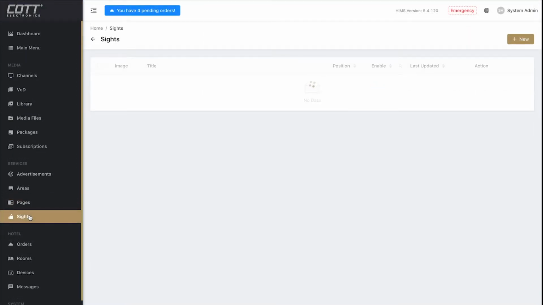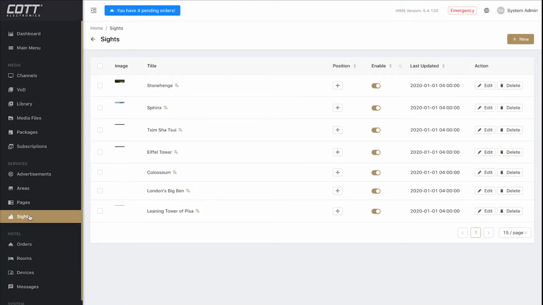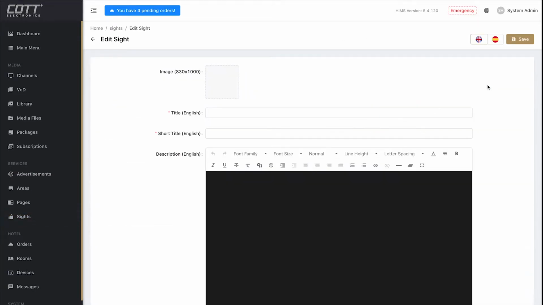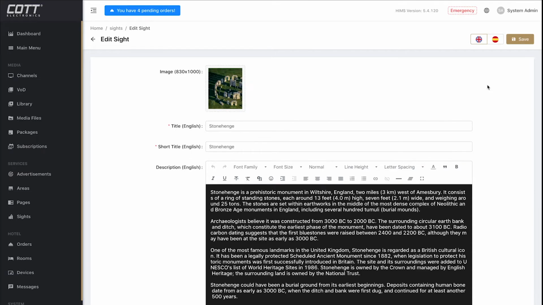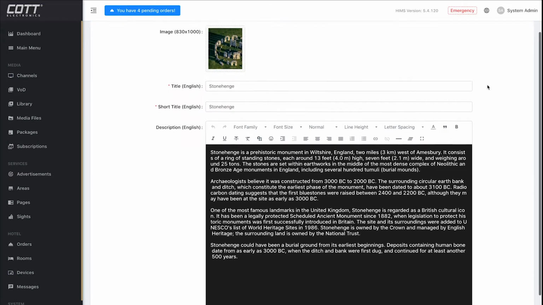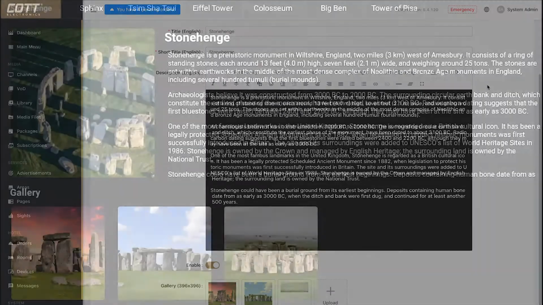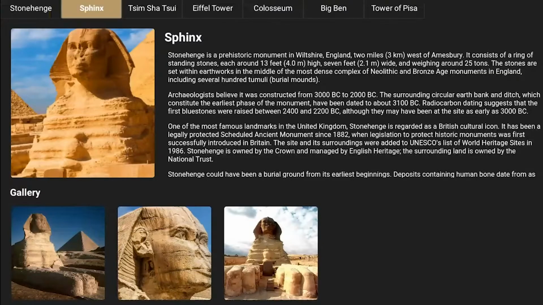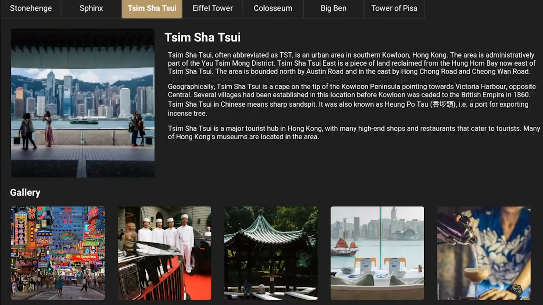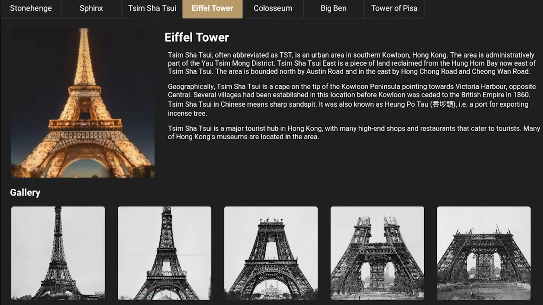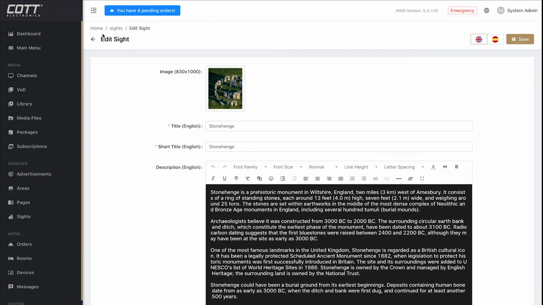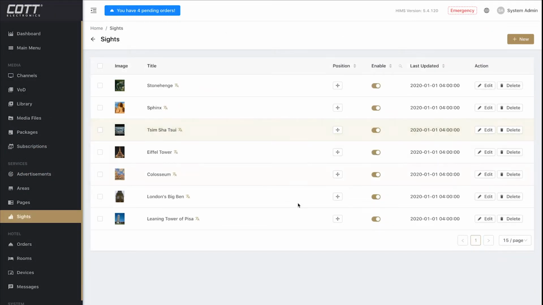Similarly, sites is a simple overview of nearby landmarks, so its prompts are fairly similar to that of pages. For sites, customers can learn about them in the descriptions and galleries provided by the device. The sites that are presented here are obviously to provide an example. The landmarks available on your device will depend entirely on the location you are in. In fact, if your hotel has a partner company offering tours of such areas, you may include information about their